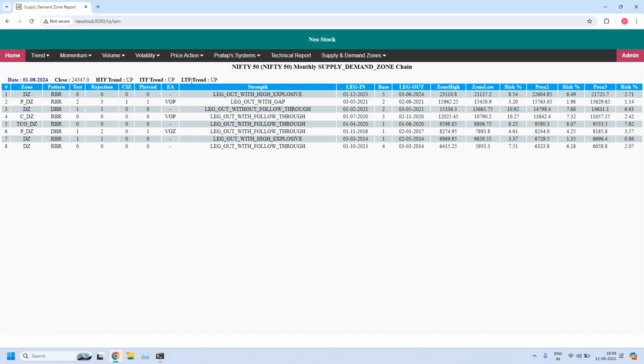Remaining columns, so you can understand, ZA means zone achievement. And another important thing, the trend is also important. Whichever time frame you select, the software by default assumes it as the LTF, so that is the trend. Because we selected monthly, the LTF trend is the monthly trend. This is one time frame higher, the quarterly trend. This is one more time frame higher, that is the yearly trend. That way you can understand the rest of the reports. Okay, now next time frame,